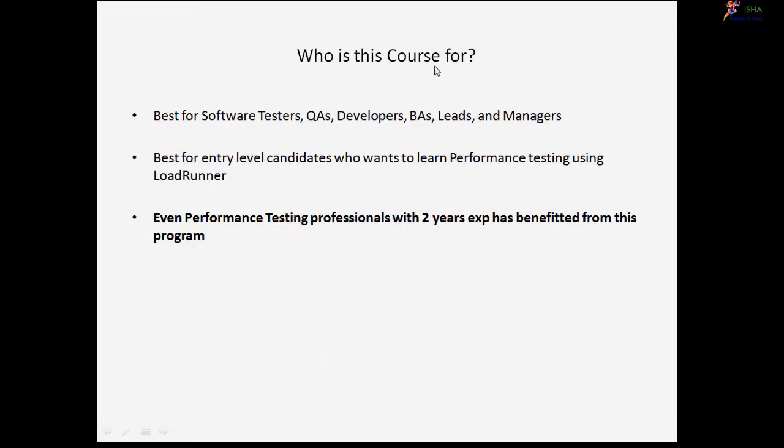So if you're wondering, is this course for you? Yes, it could be. Well, if you're a performance tester or a software tester or a QA or a developer or a business analyst, or one of those leads, maybe a development lead or a business analyst lead or QA lead or a manager, this course is for you, as long as you want to learn performance testing. And it is good for both entry-level candidates who want to learn performance testing, or experienced professionals who are in one of those fields and want to learn performance testing,